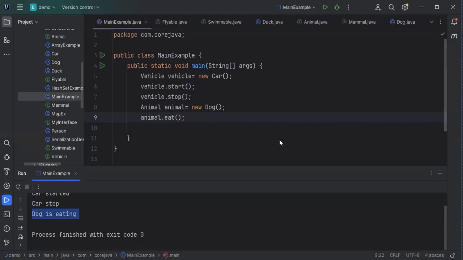Let's understand another example, which is functional interfaces and lambda expressions. A functional interface is an interface with exactly one abstract method, and it is used with lambda expressions and the Java Stream API. It was introduced in Java 8. We are going to see how we can create and call functional interfaces